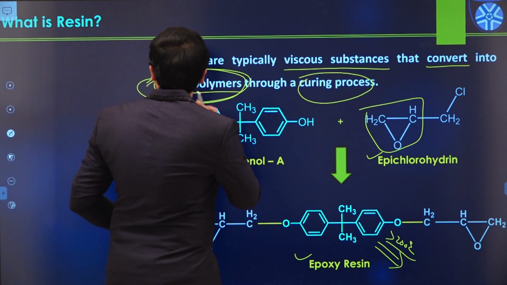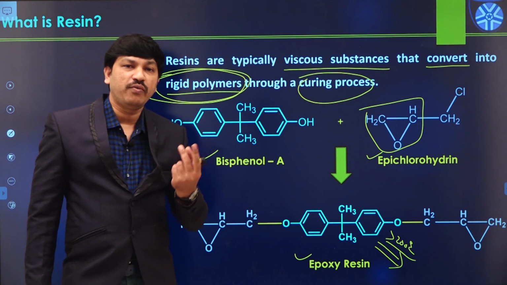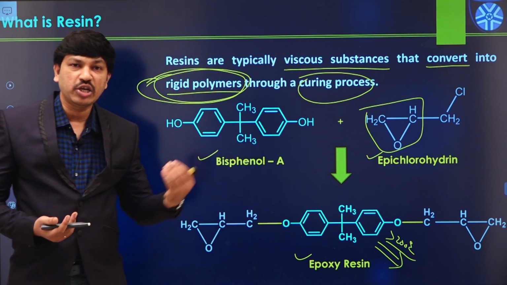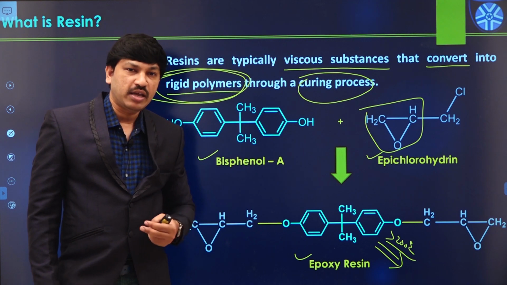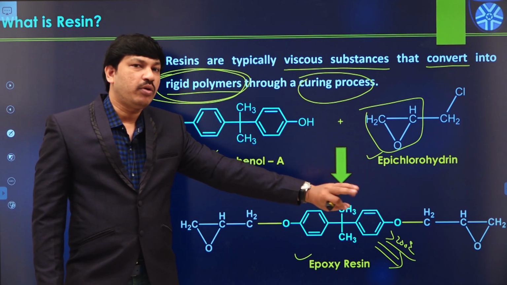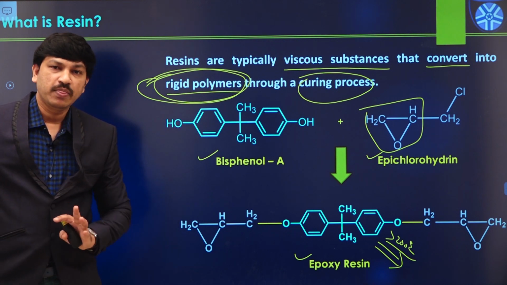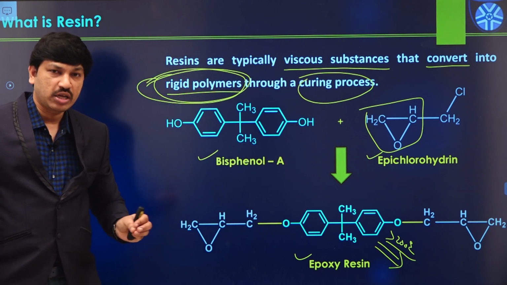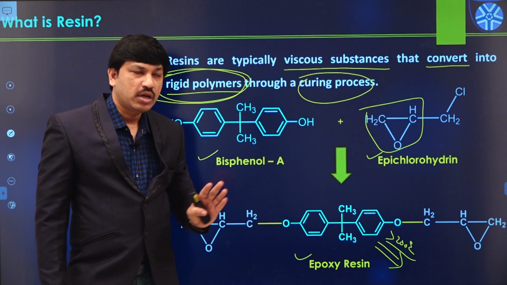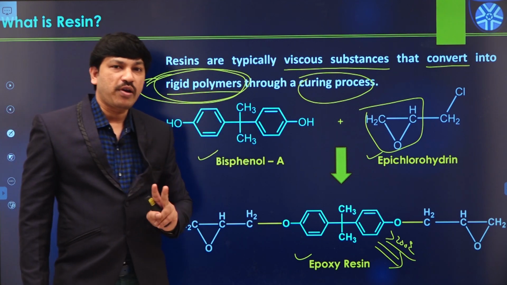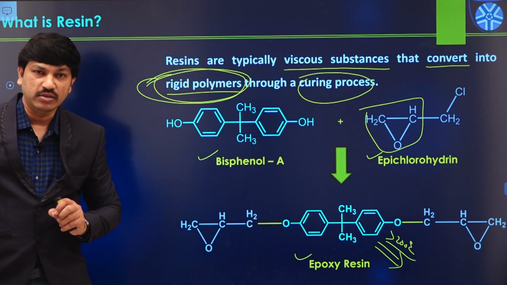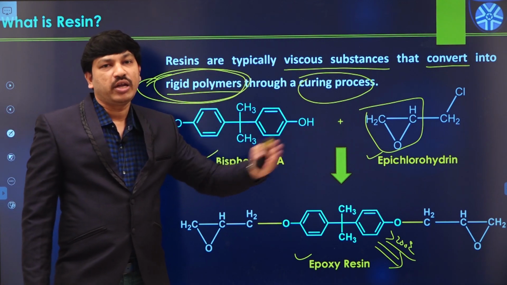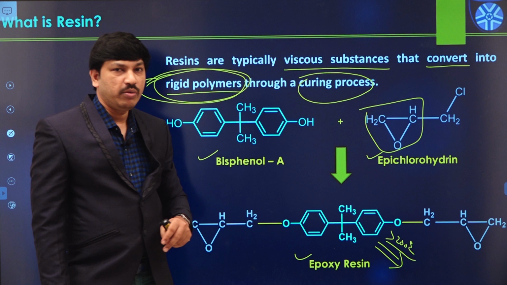In the case of the ion exchange method, we are also going to use two different resins, and those are called ion exchange resins. Our main aim is to purify the water sample. That means we want to remove the cations available in the water sample, and we want to remove all types of anions available in the water sample. In order to remove all cations and anions, we have to use the ion exchange process, and this process uses two important resins, called ion exchange resins. But basically a resin is a kind of viscous substance that can be converted into the corresponding rigid polymer through a suitable curing process.